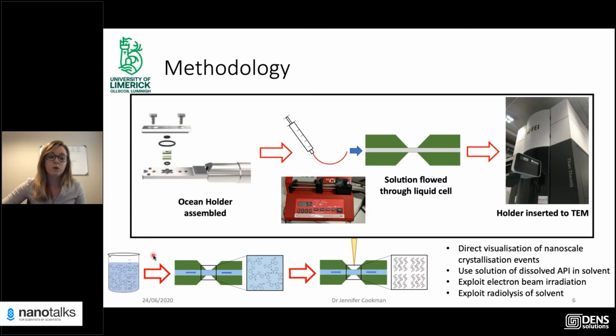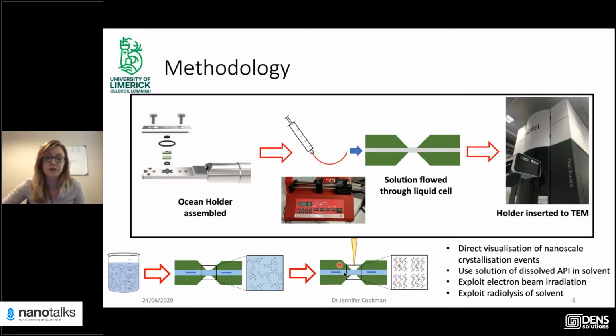So what I do then is I solvate the flufenamic acid crystals in a solvent, and the solvent I'm using is ethanol, in a range of concentrations so that they're properly dissolved. There are no pre-existing crystals in the solution. The solution is then flowed through the liquid cell holder using a syringe pump, and then we go to the microscope. And we get something like this, where you have the sandwiches, silicon nitride windows, your solvated molecules,